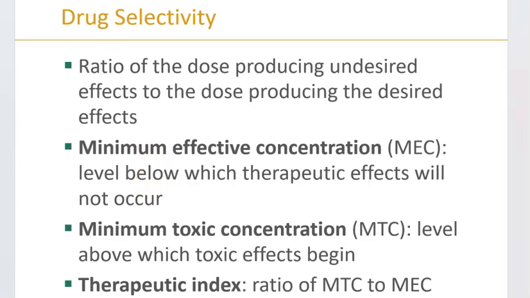When we talk about a therapeutic index, that is the ratio of the MEC and MTC put together. So it's the ratio of the lethal dose to the therapeutic dose. There are some limits to the idea of the therapeutic index because it uses death, a very unacceptable adverse effect, from the animal studies. So that's kind of problematic.